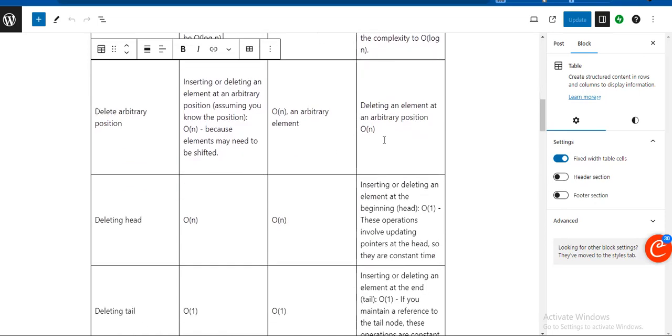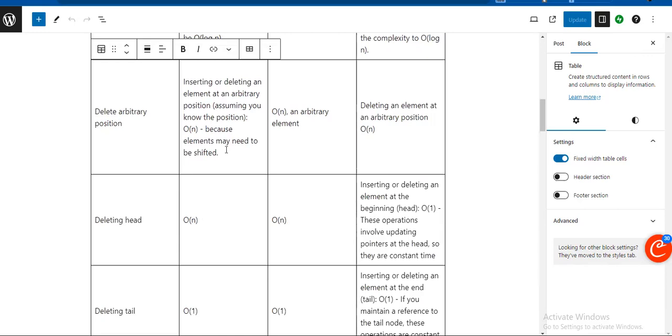For right now, we'll assume that this is how it works. When we do the implementation, we can understand more. Yes, deleting arbitrary elements, the other data structures such as list and array, both are the same because we need to loop